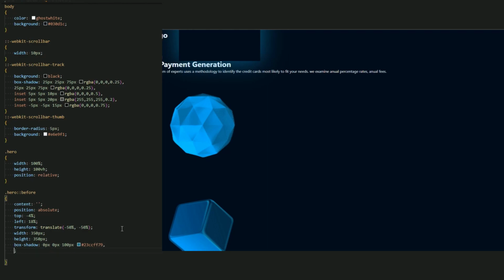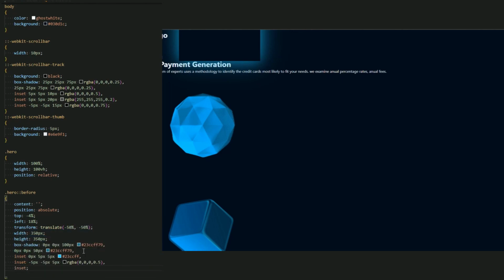Okay. Let me copy and paste it. Let's make it 50 pixel. Now for the inset to be in color inside it, let me add the inset 0 pixel, 5 pixel, 5 pixel, and the color be this. And now let me add two more insets, and let's use RGB, 5 pixel, minus 5 pixel and 5 pixel of this RGB.